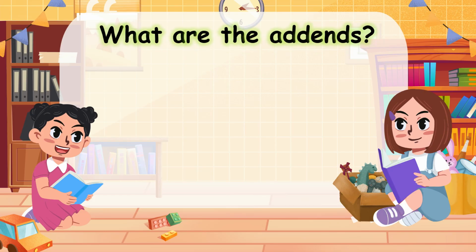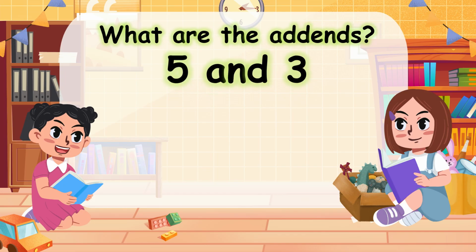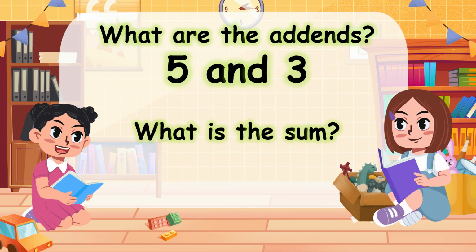What are the addends in the number sentence? Number sentence 5 plus 3 is 8. All right, that's 5 and 3. What is the sum? 8. Very good. So, in other words, you can write this as